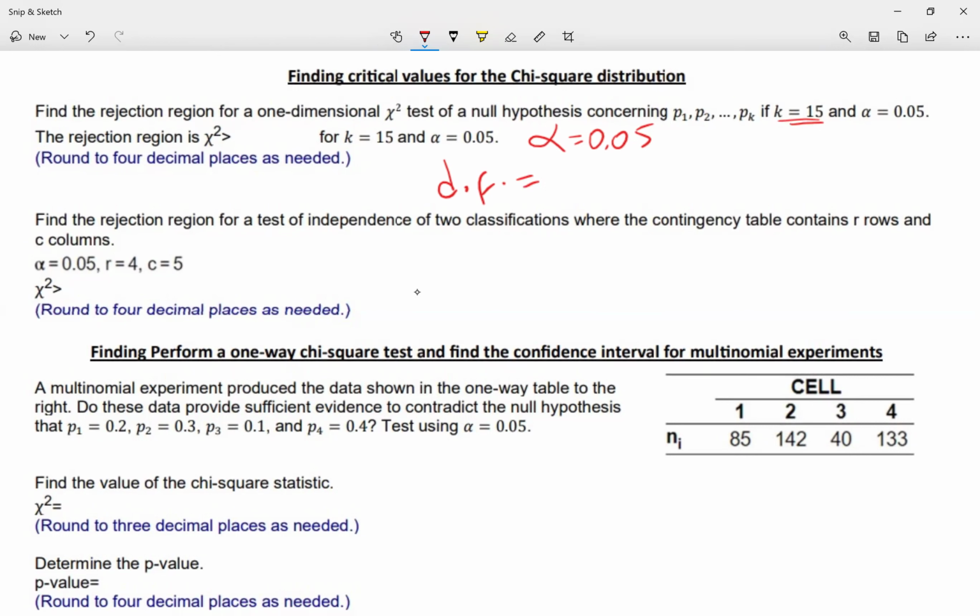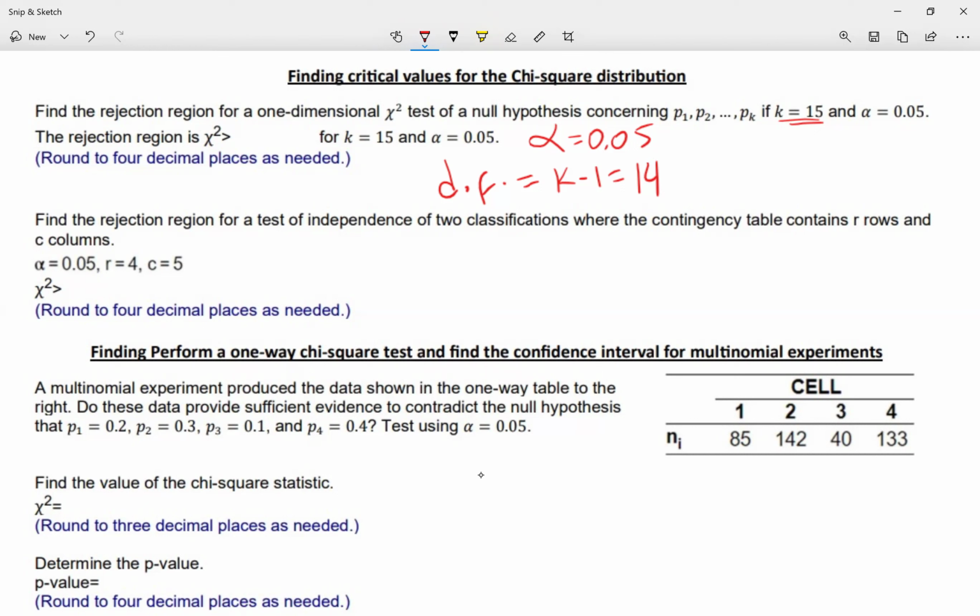Now my degrees of freedom are not going to be 15. My degrees of freedom is going to be one less than that. So basically our K value minus 1, in our case, 14. My degrees of freedom is 14 because K is 15, so 15 minus 1. Always subtract 1. Okay, so I'm looking for the rejection region when my alpha is 0.05 and my degrees of